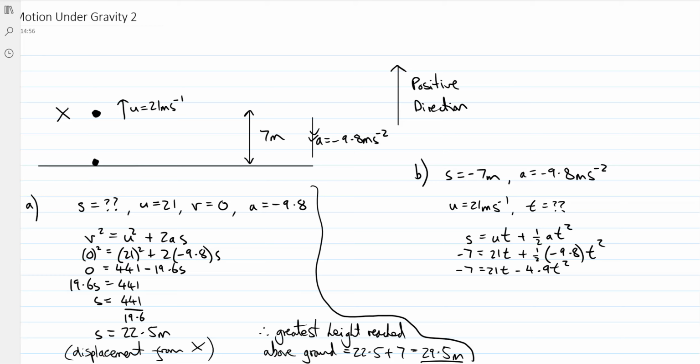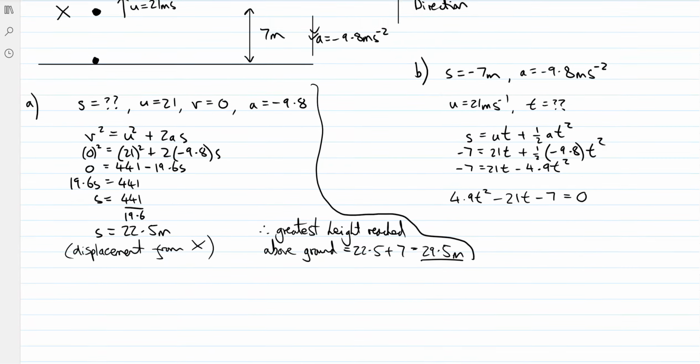Okay, we've got a quadratic in T, we've got a T squared term, a T term, and a constant, so we'll get one side 0. Try and get the T squared positive to make life easy for yourself. So add 4.9 T squared minus 21T, and then you have your -7 equals 0. And then we can stick this into our quad formula in order to solve this,